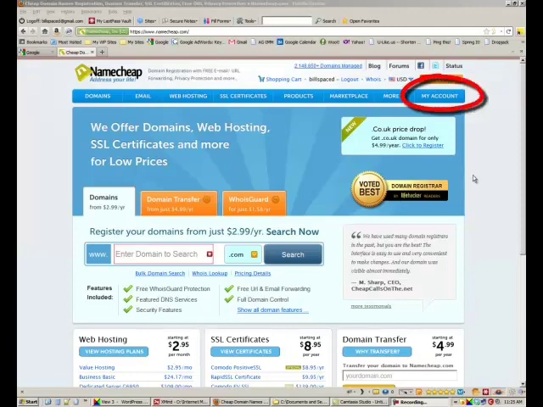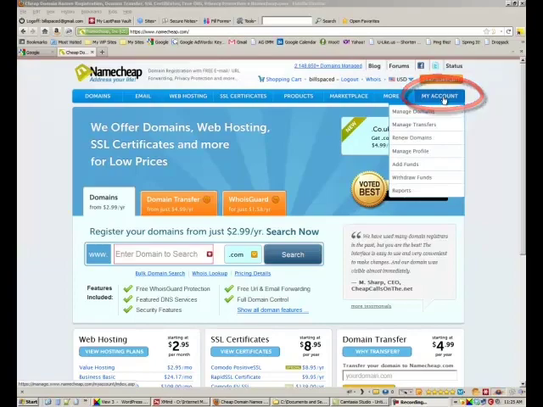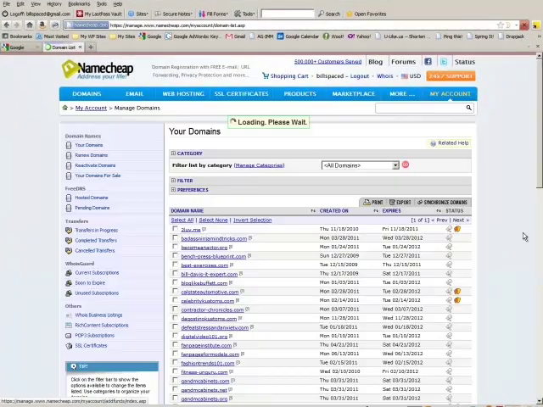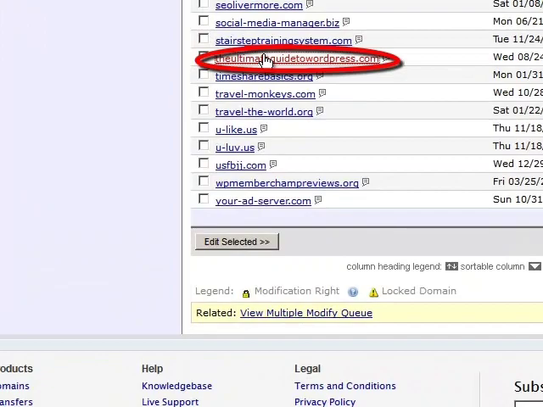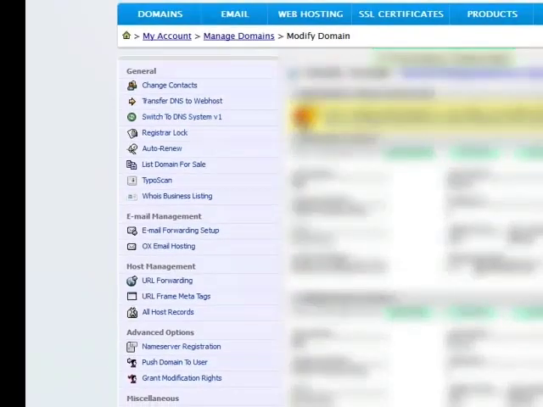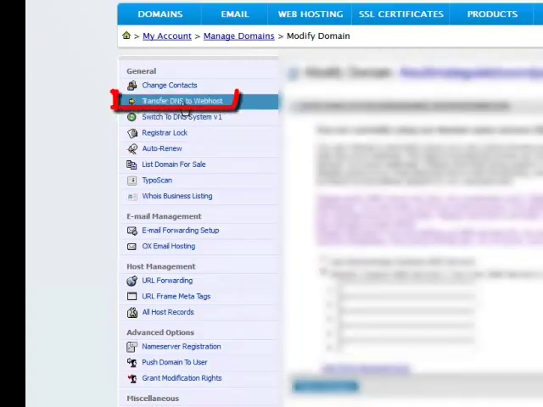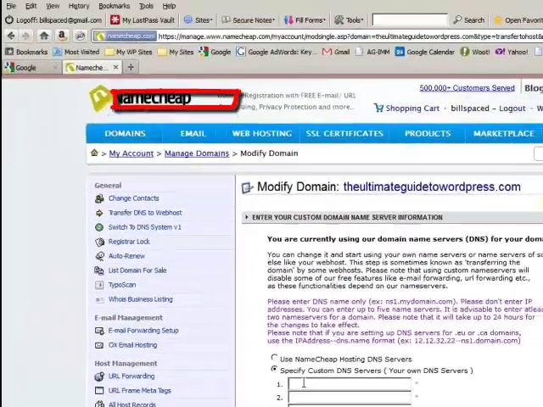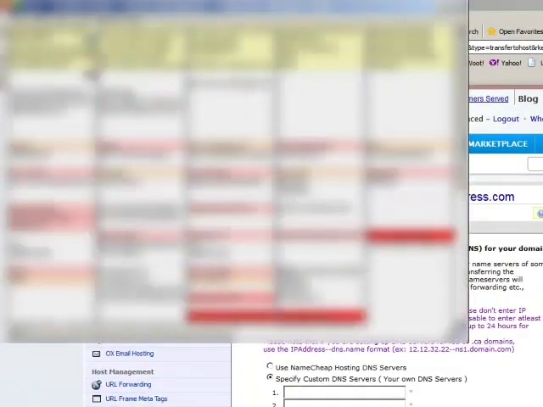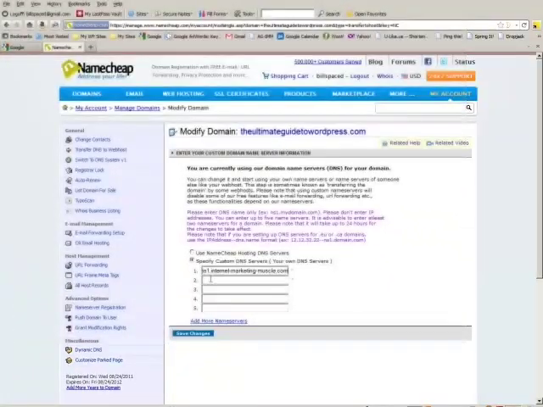So with Namecheap, what you do is you go to My Account and Manage Domains, and then you scroll down to your newly created domain name, and this is the one I just created, and you transfer DNS to web host, and then in here under specify custom DNS servers you type in your new name servers, and you should always have at least 2, and then you click on Save Changes